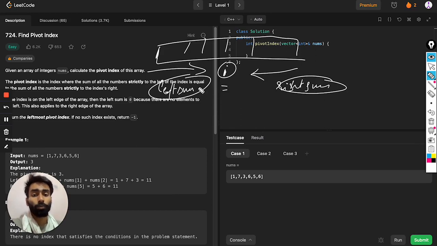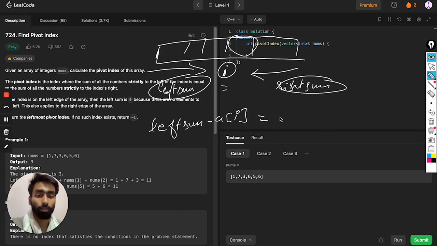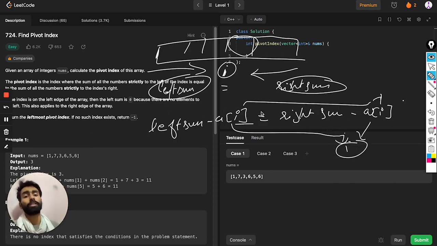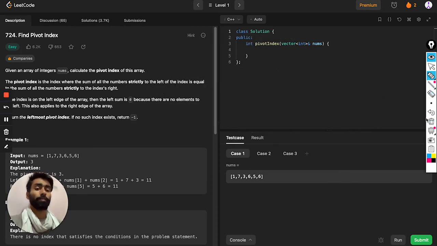But we should have one element left for this index, so if we get a point where the left sum is equal to the right sum, then we need left sum minus ai equal to right sum minus ai, and we need to return the index of this common element i.